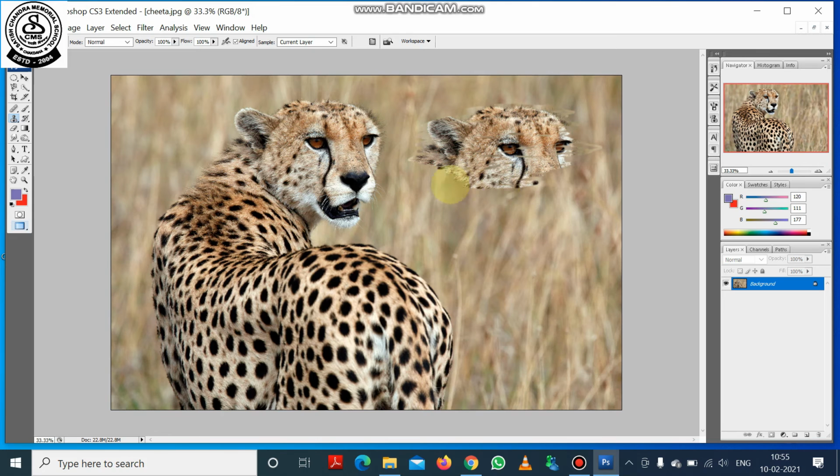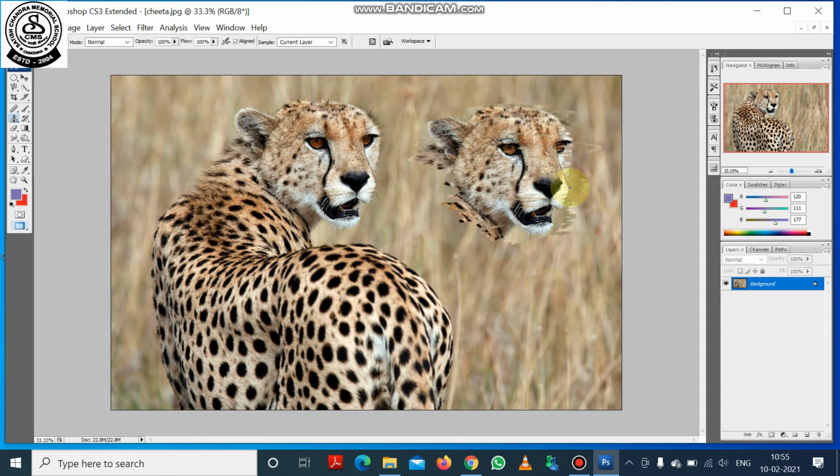So first of all, you need to select the area from where you can start cloning. I have selected with the help of Alt button. I pressed the Alt button, then I moved the mouse pointer, and that portion was copied, and now I am moving my mouse pointer in another portion of the image, and you can see the same face of the cheetah is cloned.